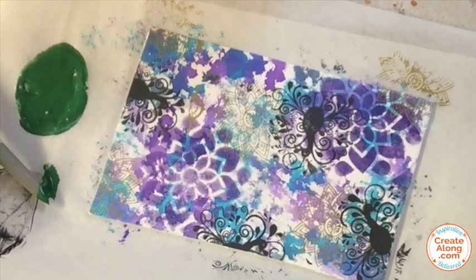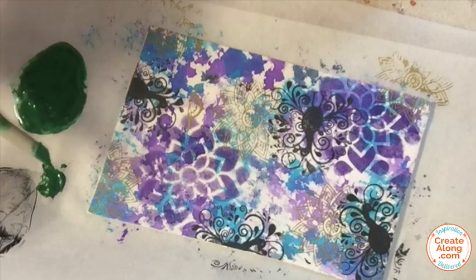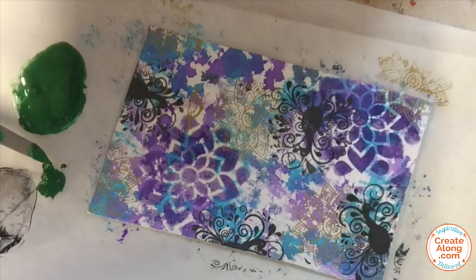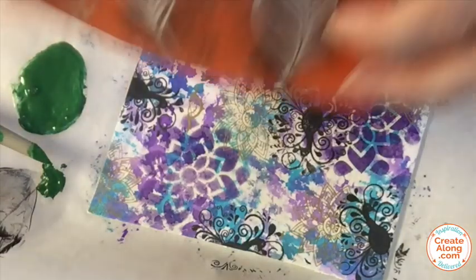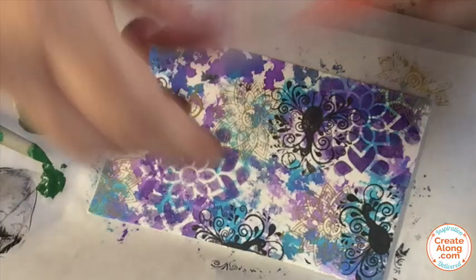For the next layer of the collage, I am again blending some paints. I'm using some green DecoArt Americana Multi-Surface Satin. This is Green Beret, it's a dark foresty green, and mixing in some of the gold interference paint just to give it a touch of shimmer. And I'm using my Cindy's Paisley Peacock Feather Silk Screen